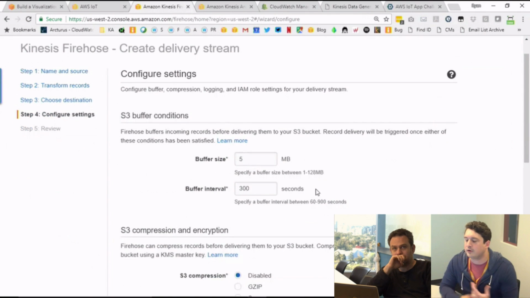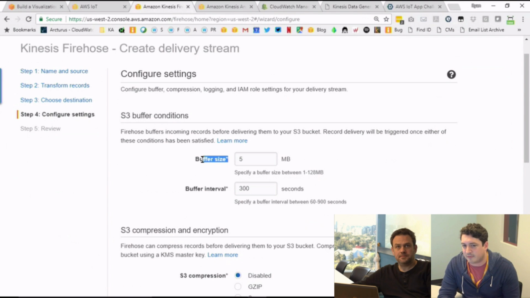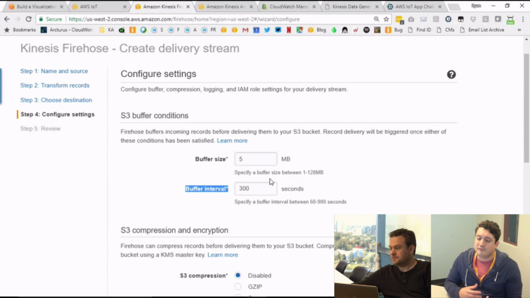So here's an important part. While you're doing testing, there's a set of configurations that you have on your delivery. If we have a high volume stream of events, one of the primary value props of Kinesis Firehose is to aggregate that data into larger files before sending it. What parameters do we want to set for that? There are these things called buffering hints that we provide. You can provide a certain size and a certain time interval, and Firehose will use the minimum of either one of those to deliver data to your destination.